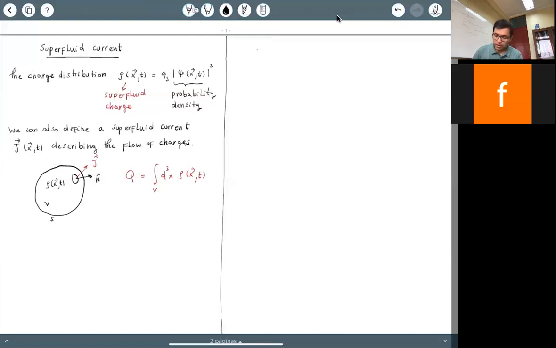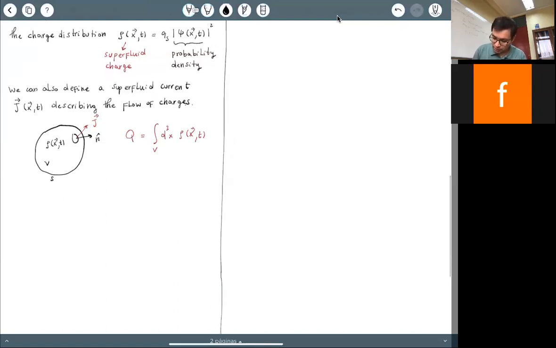And then if you have the time derivative, dQ/dt, any change in the charge distribution means that something will flow outside through the surface, and then you may define some superfluid current. So here, if we take the derivative, assuming that the volume is fixed, we have a derivative of rho,